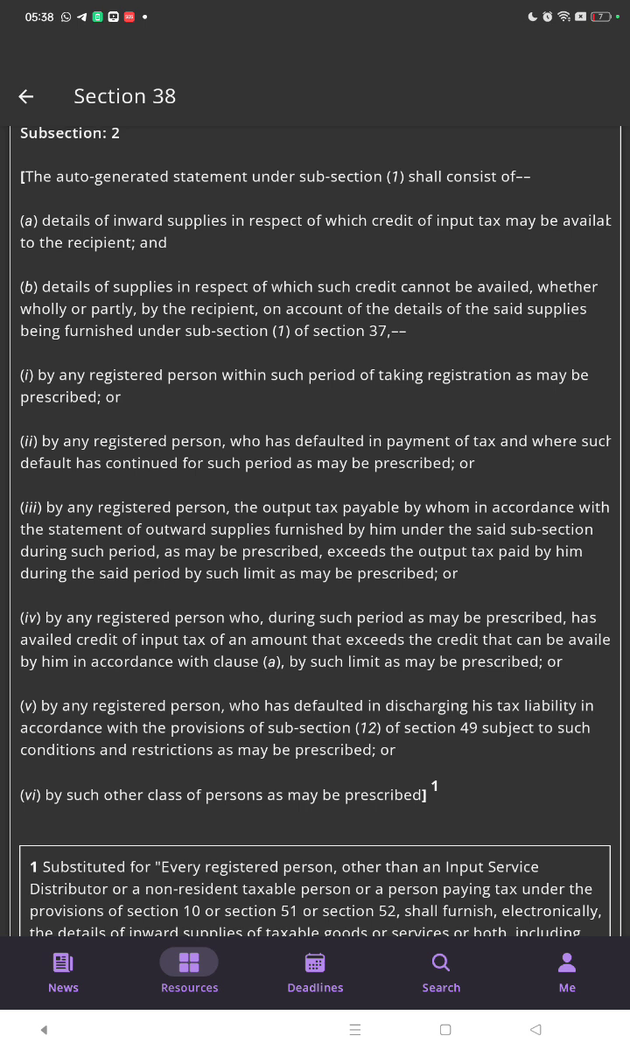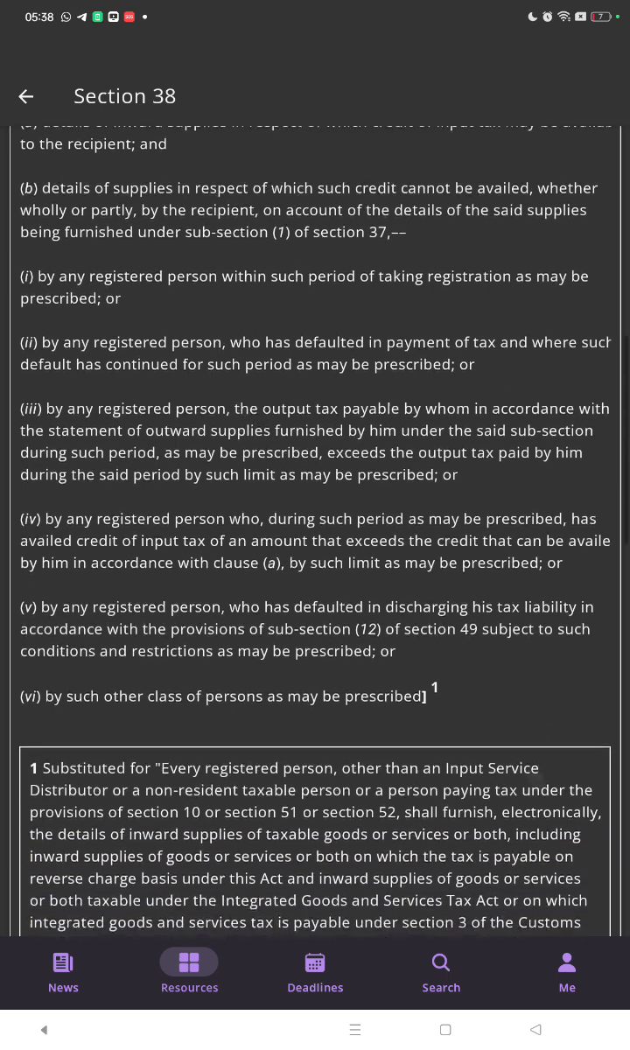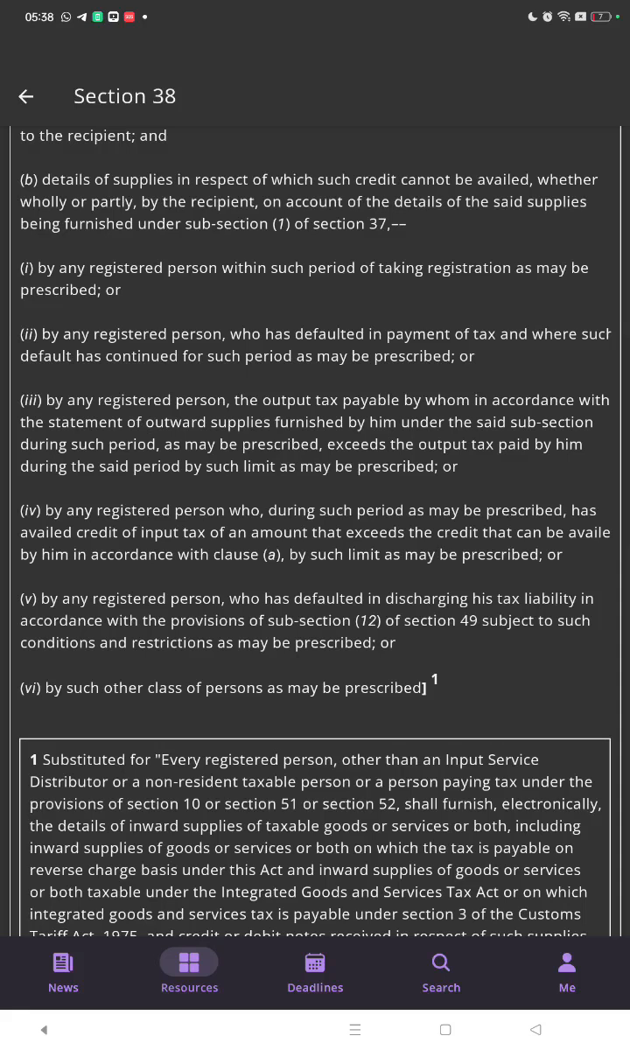or by any registered person who has defaulted in the payment of tax, where such default has continued for such period as may be prescribed, or by any registered person, the output tax payable by whom, in accordance with the statement of outward supplies furnished by him under the said subsection during such period as may be prescribed, exceeds the output tax paid by him during the said period by such limit as may be prescribed, or by any registered person who, during such period as may be prescribed, has availed the